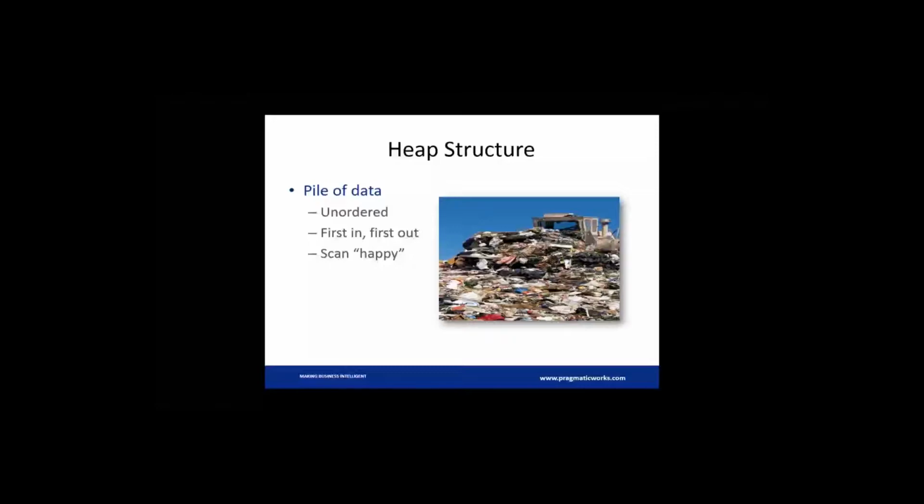The heap structure is unordered. The first record that you put into it is going to be the first record that's in there, and it doesn't matter anything about numbers or alphabetization of the data. I think I just made up a word. It's basically the data just goes in there. There's no way to say where one row is versus another row besides just going in and scanning across everything